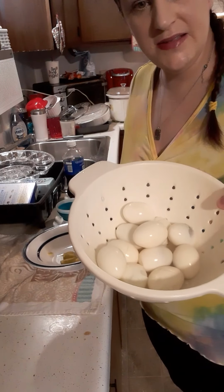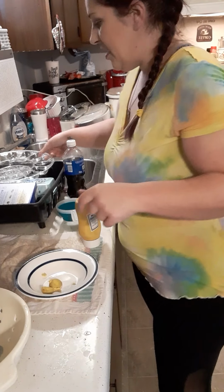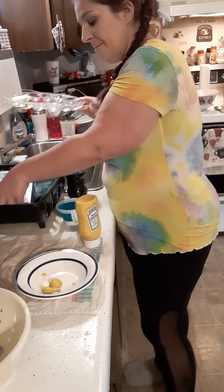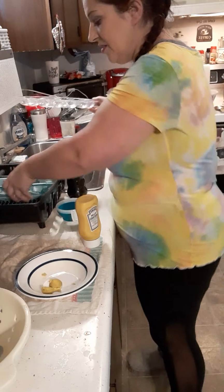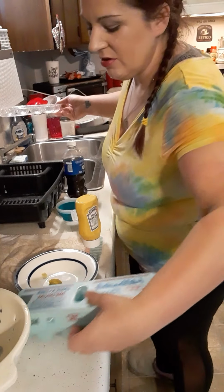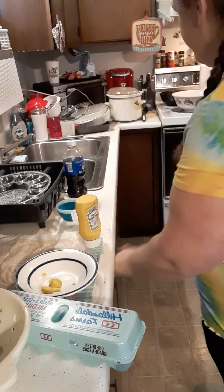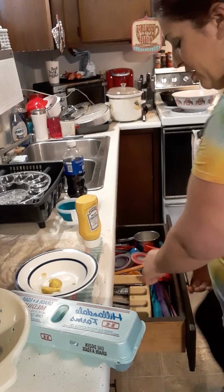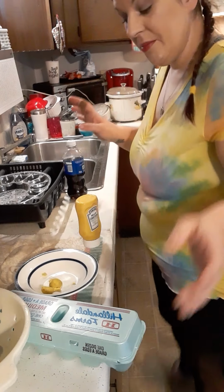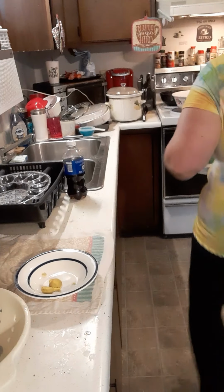So I have the eggs here, and I have the bowl for the yolks. And then I have over here our platter to put them on. And then after we get done doing that, because this doesn't take long at all, we're going to do our cupcakes. We are doing white or vanilla and chocolate cupcakes. So I have the mustard, the Miracle Whip,